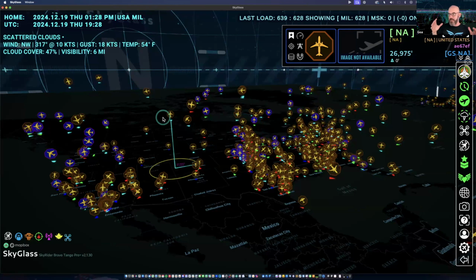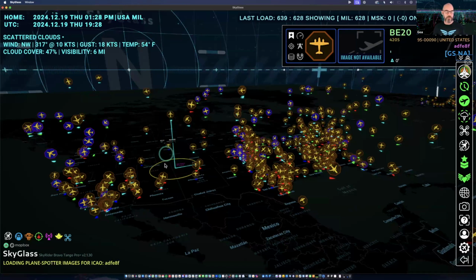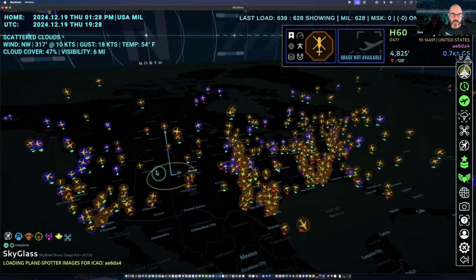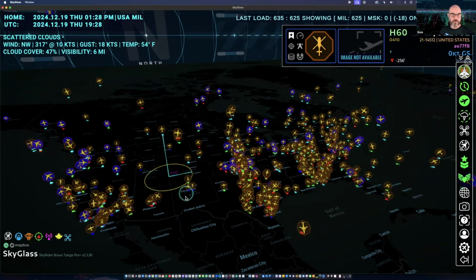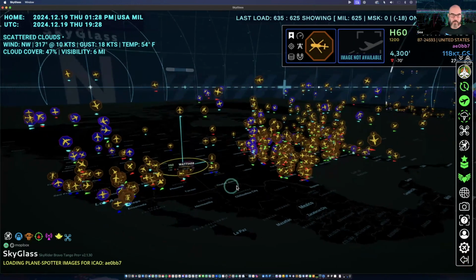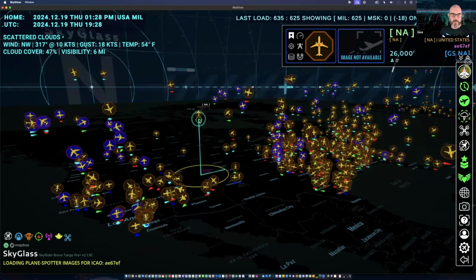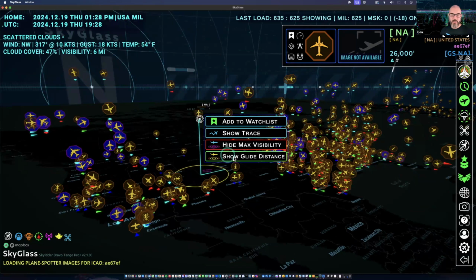So it's kind of the maximum distance that it can see and be seen, not taking into account any meteorological conditions. So that's really going to be the limiter. If they're in the clouds or there's cloud formations or visibility is low, then that's going to limit this. But this is basically telling the story of how far this aircraft could see in perfect conditions. And if you were on the ground, this is the possibility of where you could see this aircraft, right? So that's the story that's telling. And then if we turn on the glide distance,